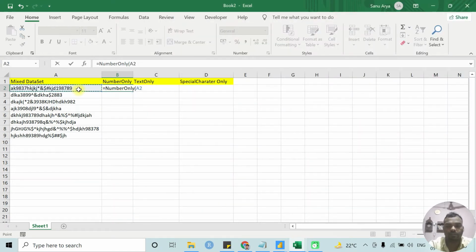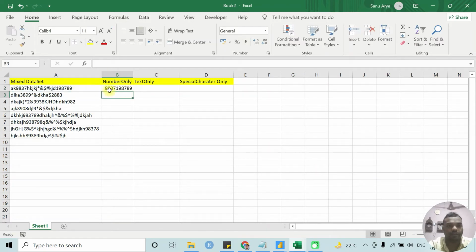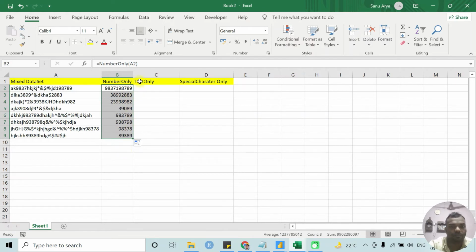Give it the reference, and looking great, the output is great. You can see here 9837, no characters, 198789. Drag this one down, 3899, 2883. Yes, drag it down, looking great.